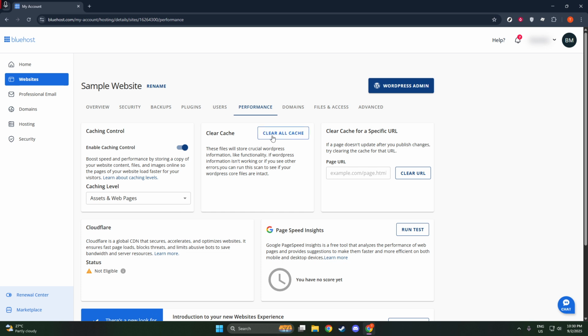Once you're on the Speed or Performance tab, take a moment to glance over the available options. You'll find a feature called Caching Control. This is your primary tool for enabling caching on your site. By turning caching on, you instruct the server to store copies of your web pages. This means when a user returns to your site, the server can quickly retrieve these cached pages rather than generating